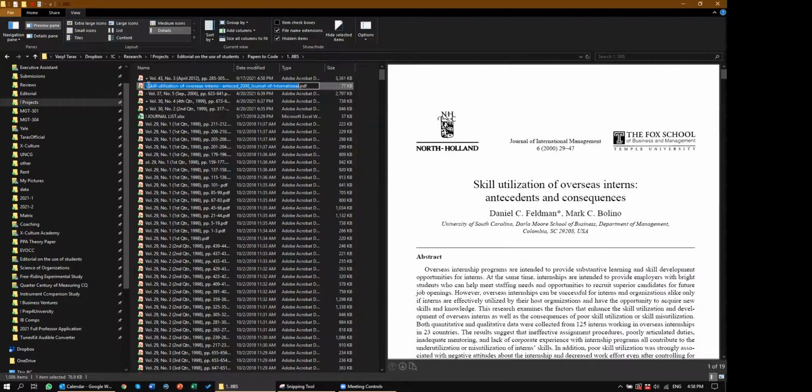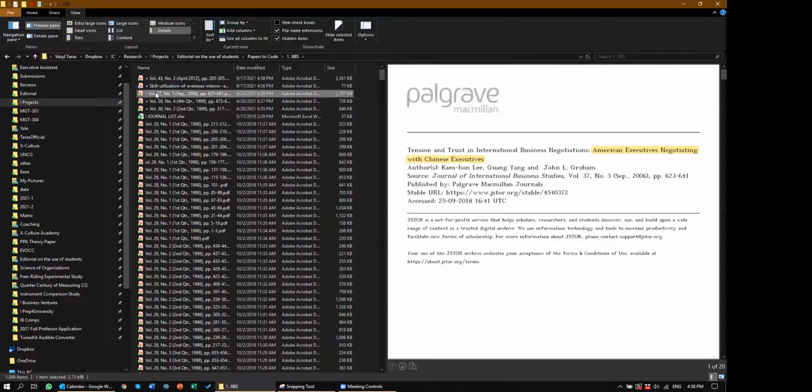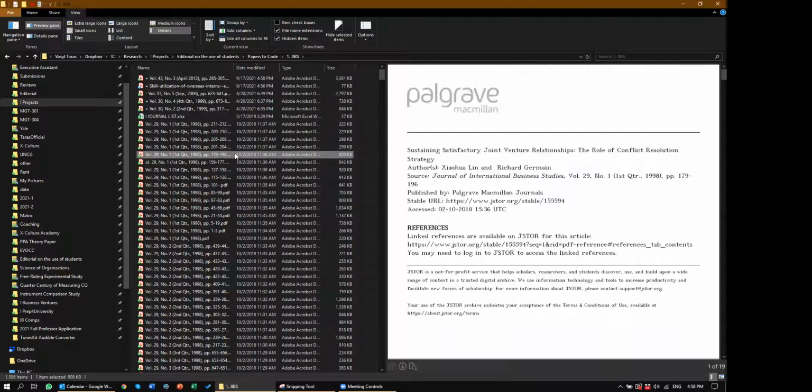And skill utilization, that was also a plus. And this one was a minus, right? Yes. So one, we will report how much each of these journals used student samples. So we'll say this many percent, maybe we'll do it even by year. So we'll say, up until 2000, it was so many, but then over time, the use of students has declined